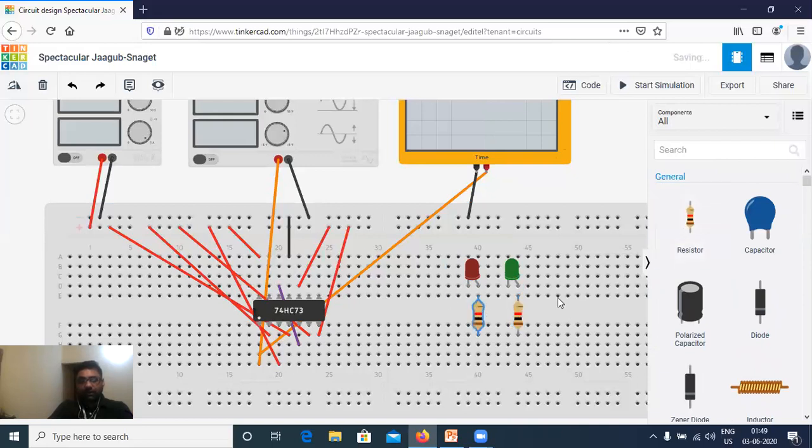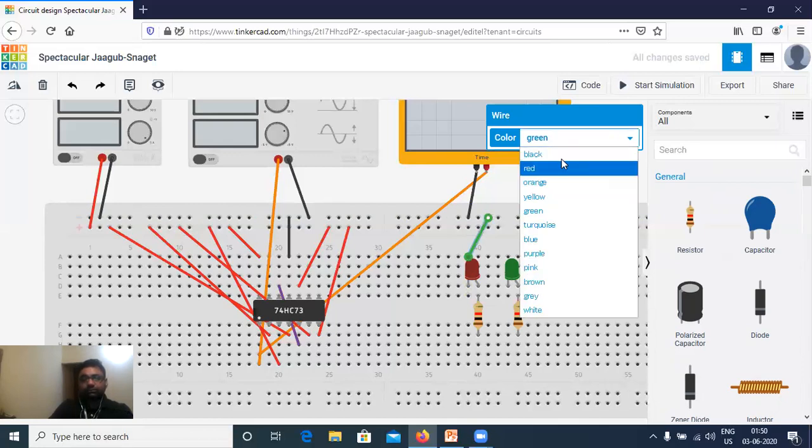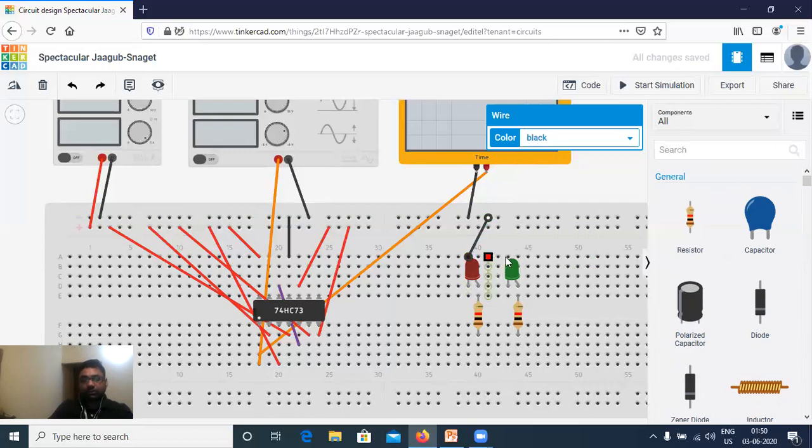Fine. Now these two LEDs also have to be grounded. Cathode should be grounded. Here also this cathode should be grounded.